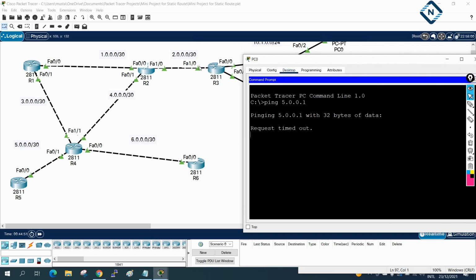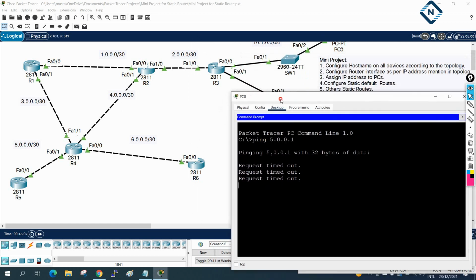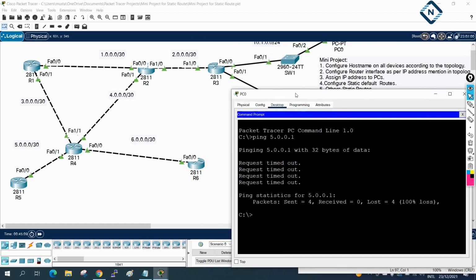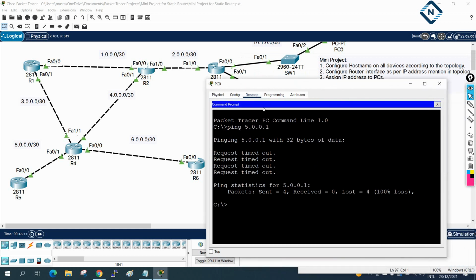This router is going to forward via the default route here, and this router already knows that if anyone wants to go to the 5 network, they need to forward that to this interface. So it should work. If not, then we need to check why it is dropping. And also we need to check whether this PC has the correct IP and route or not.